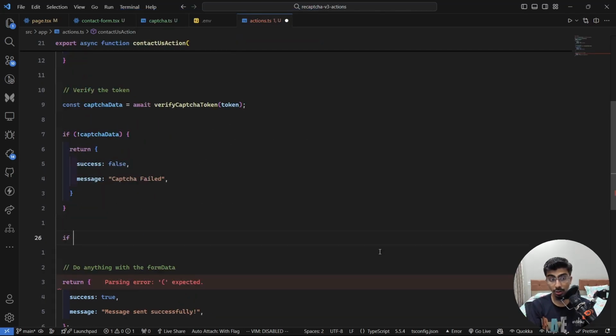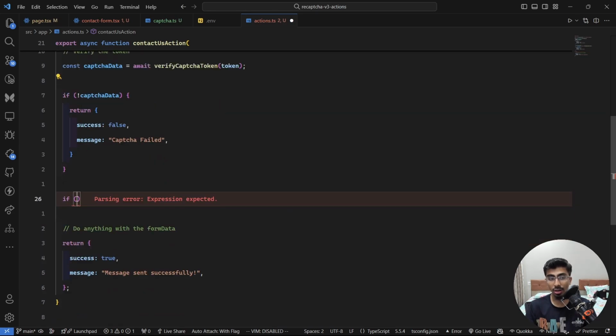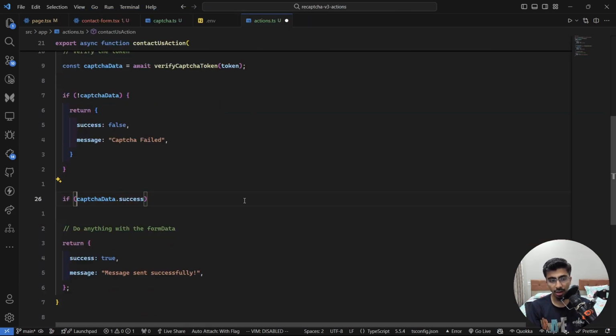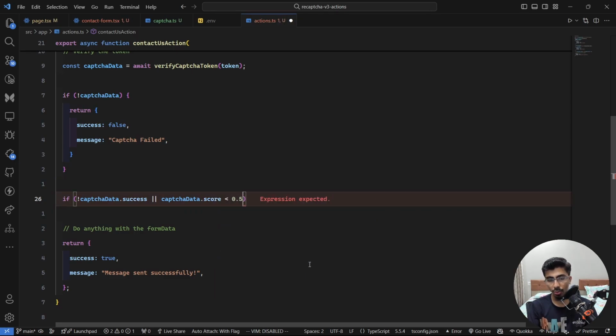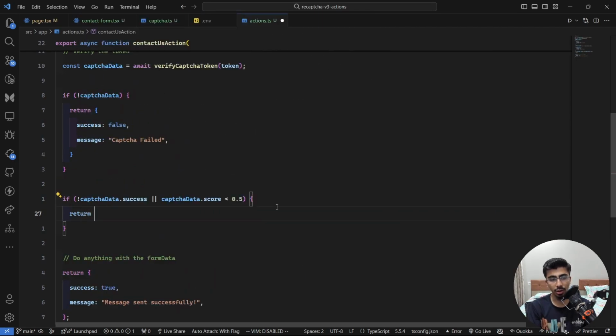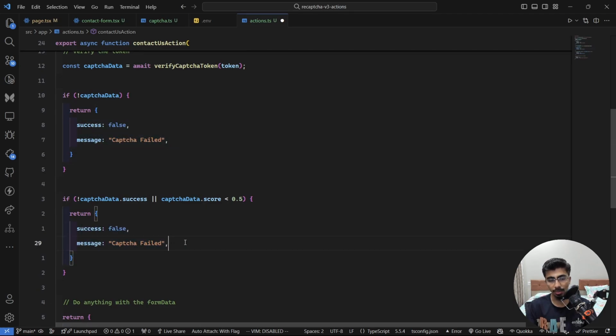And let's add another if condition. So now if not captchaData, meaning if it is null, then we return this. But if captchaData exists but it has an error, we can just say captchaData.success is false, right? So if success is false, or we can say captchaData.score is less than 0.5. Now in that case, we are going to return again the same thing, success false and message captcha failed, but